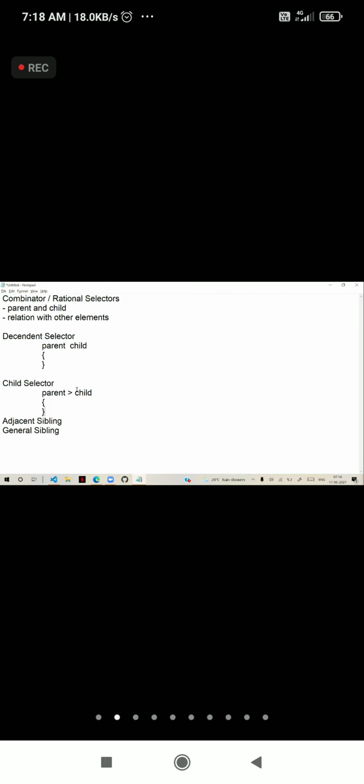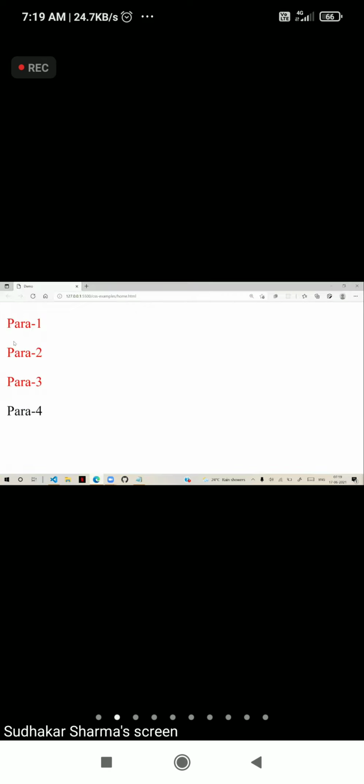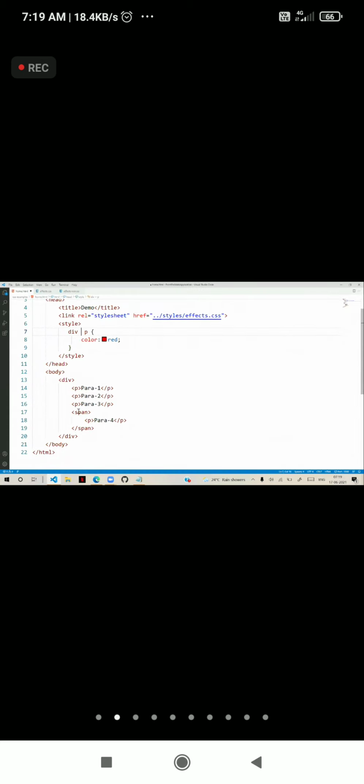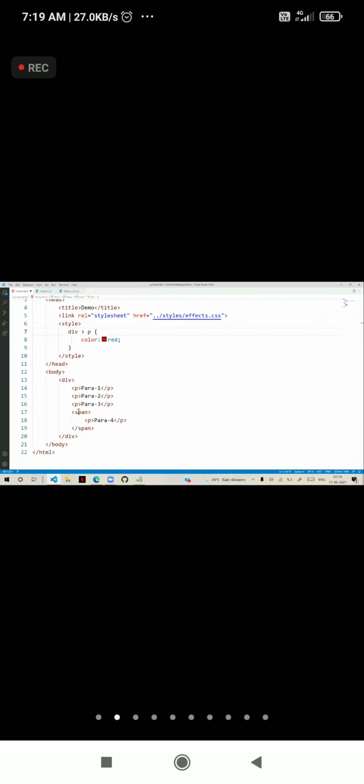When I put a greater than symbol here, it will apply only to direct children. So direct children are paragraph 1, 2, 3. For the fourth paragraph, the effects are not applied. So if you want to apply to all children, put a space. It will apply to all. Only to direct, then put this.